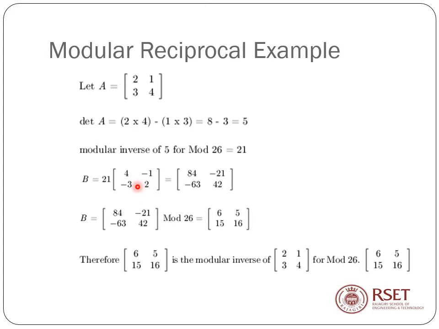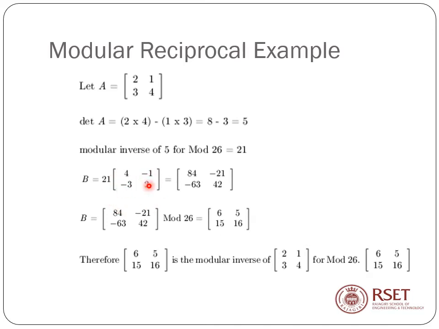You remember the cofactor method. You can refresh that by looking into any of the textbooks or the materials available on that. Currently, I am talking about a 2 by 2 matrix. An easy way to find the adjoint is to interchange the diagonal elements: 2 and 4 becomes 4 and 2. And for the other two elements, you just change the sign from positive to negative. You can do it, otherwise you will get the same answer. You just interchange the main diagonal elements, and for the other diagonal you just give the negative sign.